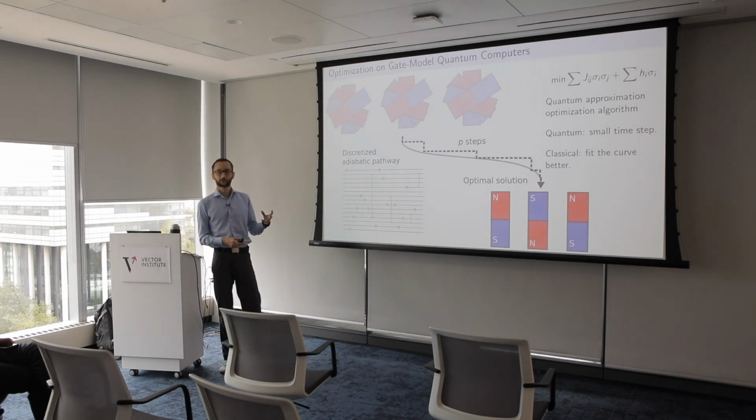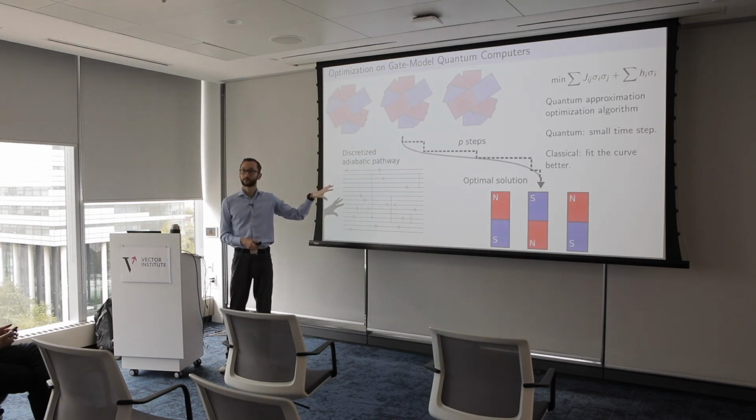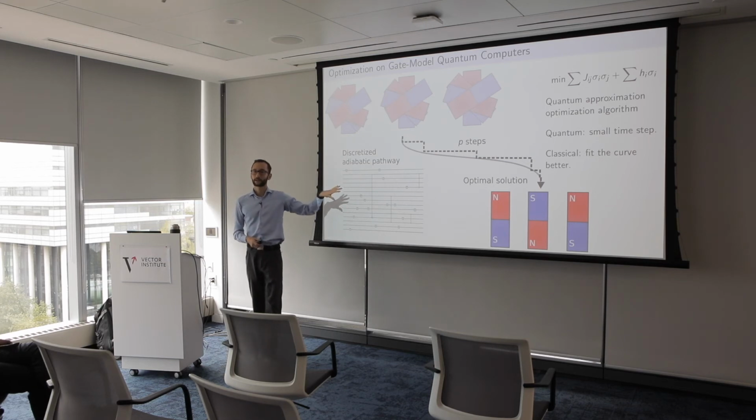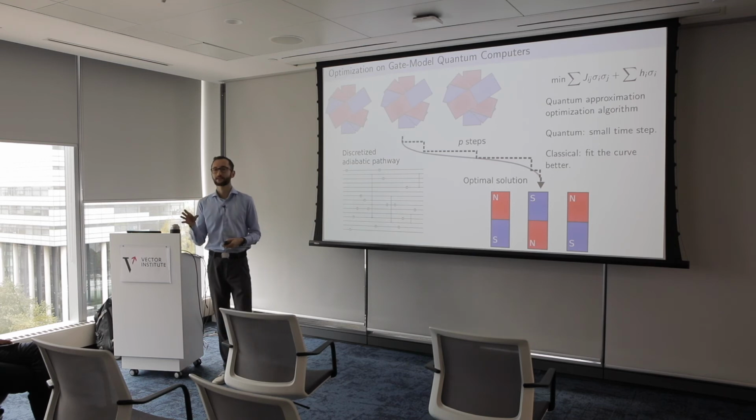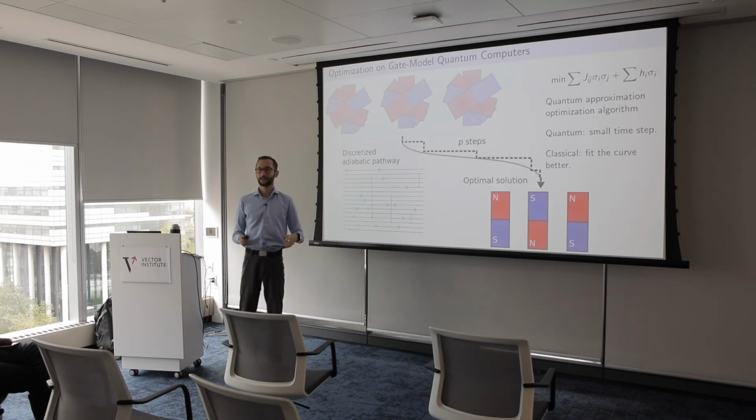It's very strange that inspiration came from quantum annealing for the gate model paradigm, but that's what happened. And now it became like a cookbook, because over the last 19 years there have been many algorithms to fit the quantum annealing paradigm. And now the way to come up with a new algorithm in this hybrid classical quantum gate model is to take the annealing algorithm, do some discretization like this, and then you have a paper.